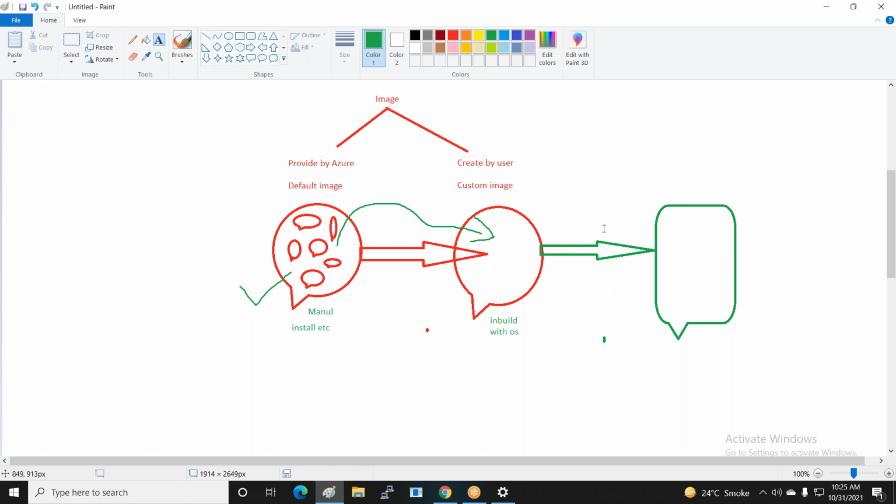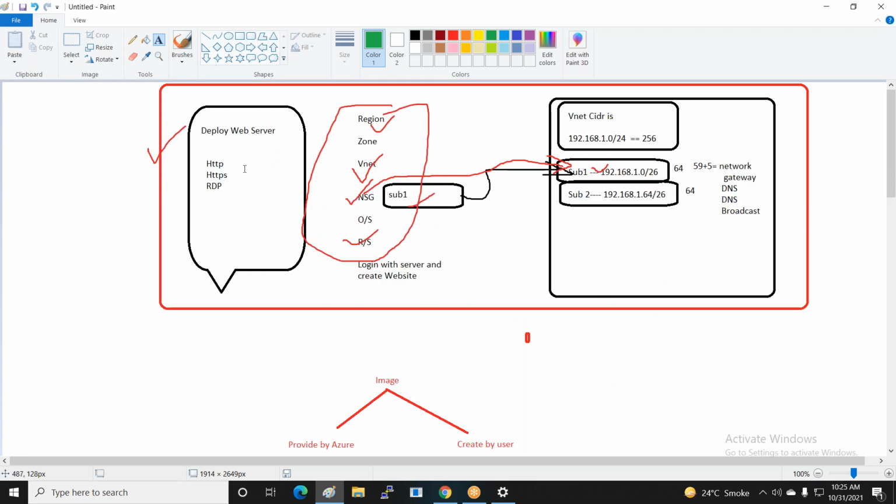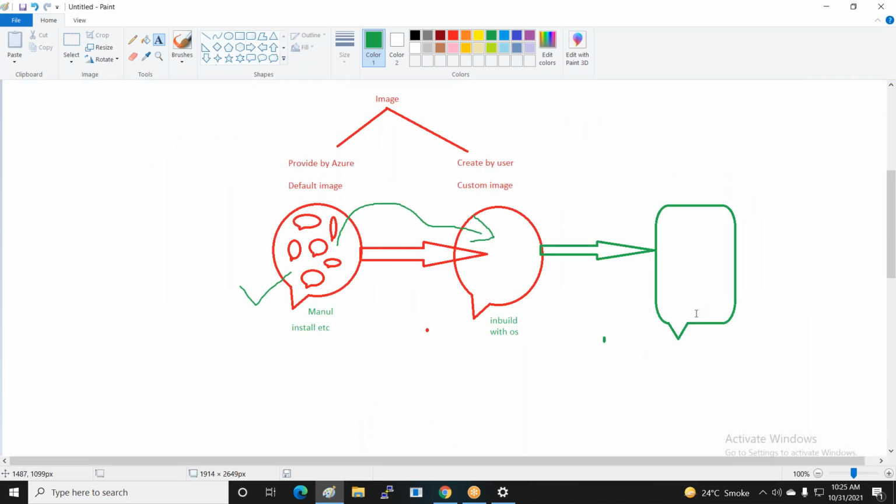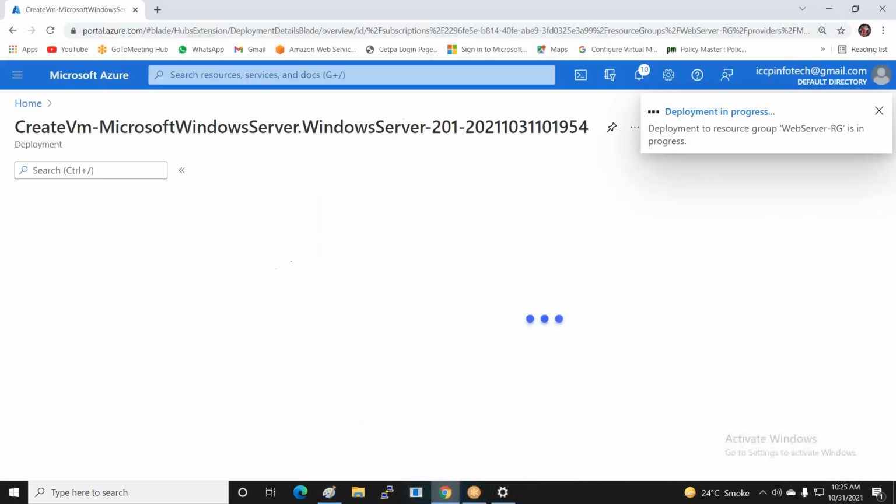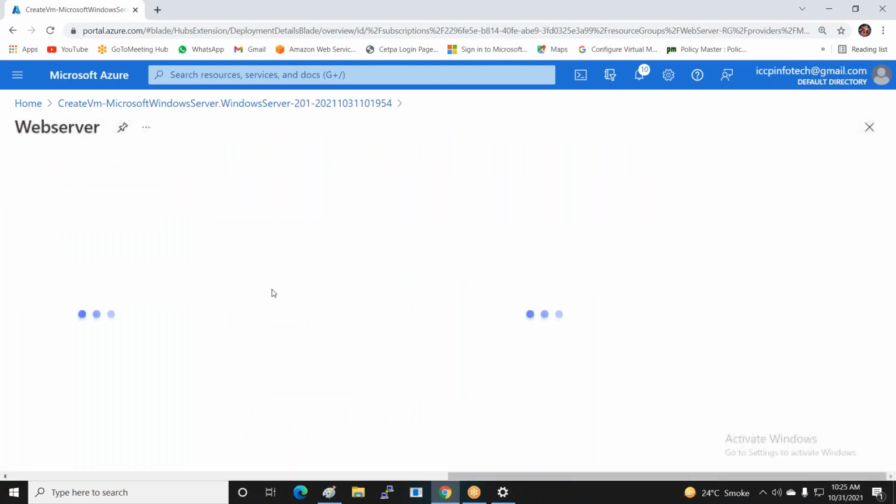The choice is when you deploy your server. Like your company asks you to create 100 servers. So which one are you using, a manual or an inbuilt operating system image? The inbuilt one. So what is the process? First I create one web server and deploy everything with a manual process. After that I create a custom image from it, and now I create a new server with this custom image. Got the point? So now my server is automatically deployed, already deployed.